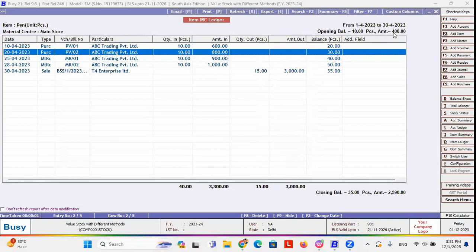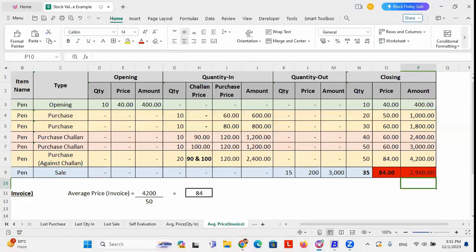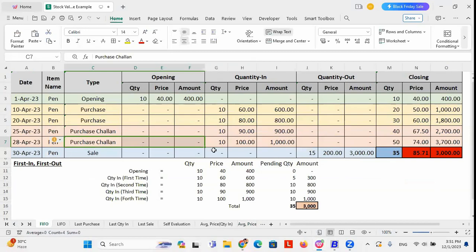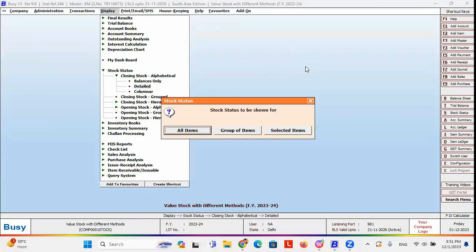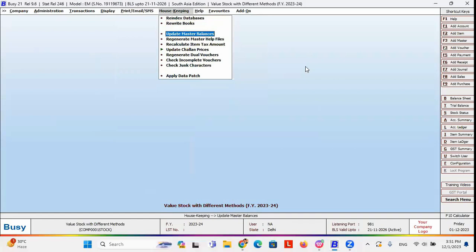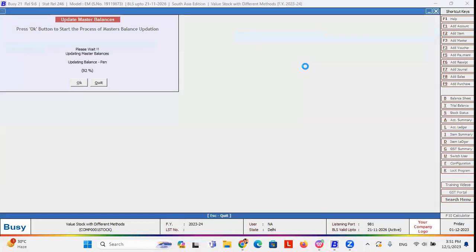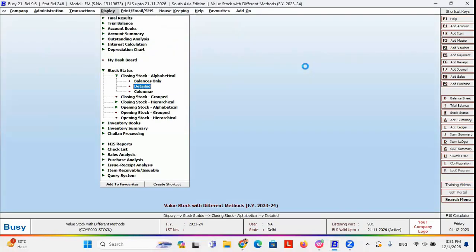If you understand on the basis of the FIFO method that I've shown you through an Excel, let me share the Excel once again. Here you can see on the basis of the FIFO method, whatever valuation is coming will reflect accordingly. It will adjust with my opening. If I mention the FIFO method, let me first update this master balance once again. Now if I go to see the report,